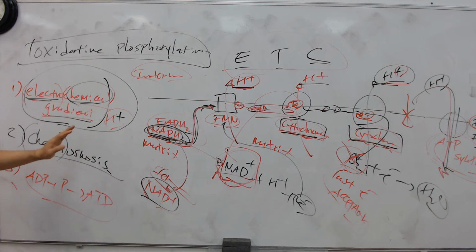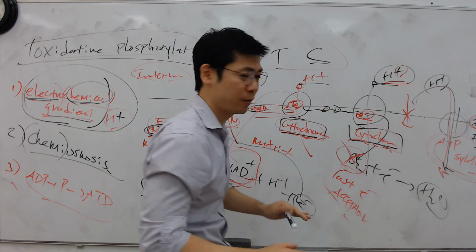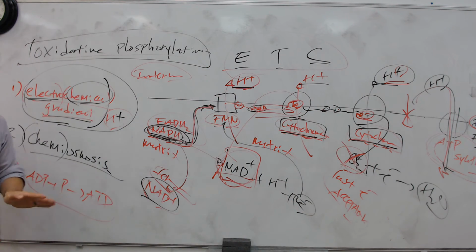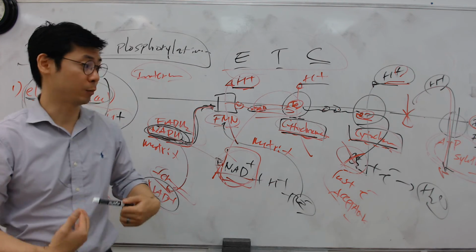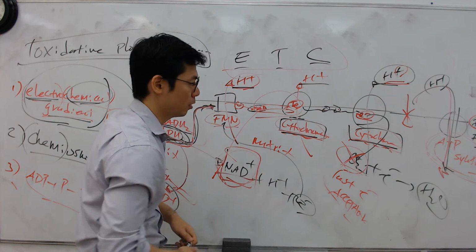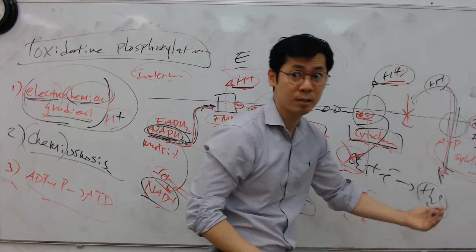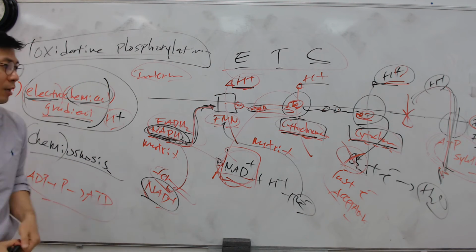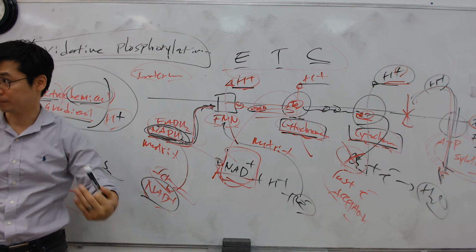You don't have to know cytochrome C, blah, blah, blah, so it's fine. F0 and F1, that's not something you will need to explain. You just have to understand, guys, these will pump out H pluses. It'd be nice if you know them, like FMN, flavoprotein, cytochromes, pump out H pluses, produce the electrochemical gradient of H plus. ATP synthase will have them come in by chemiosmosis, using the energy of the electrochemical gradient. They produce the ATP by oxidative phosphorylation. That's all you have to write, okay?